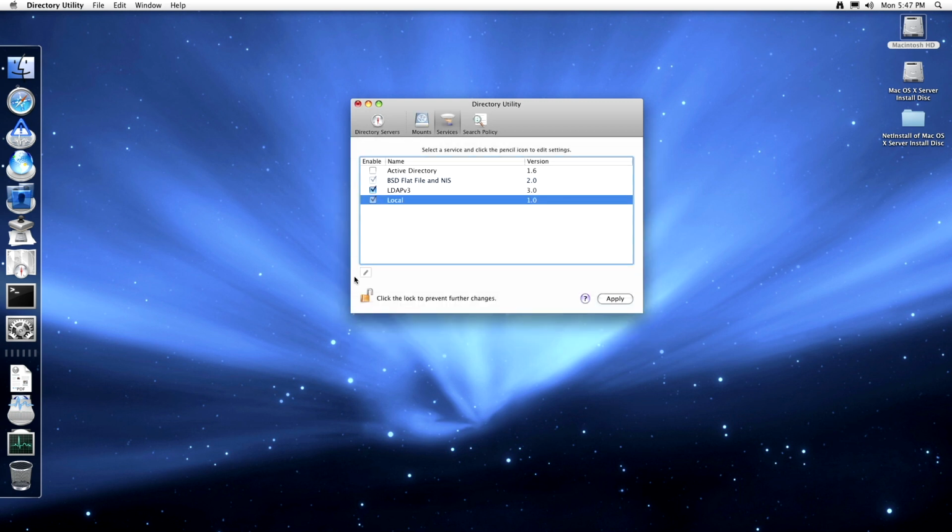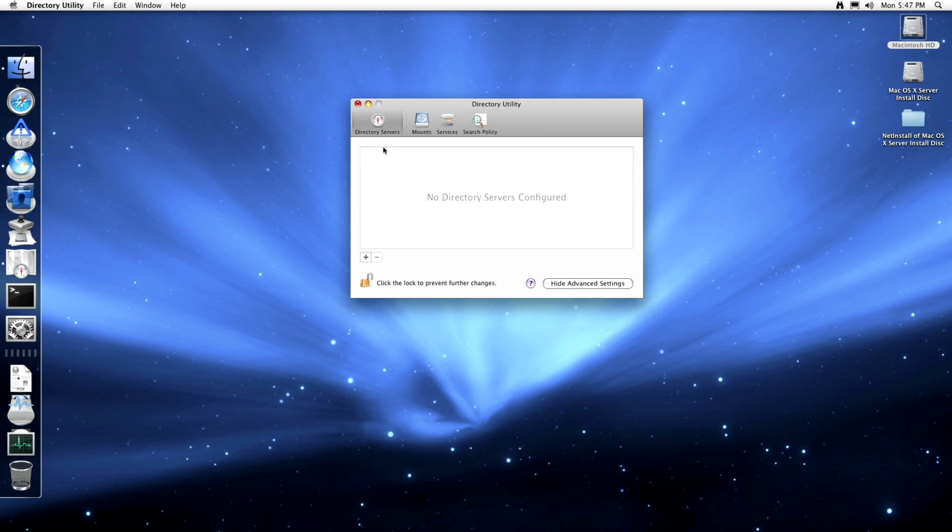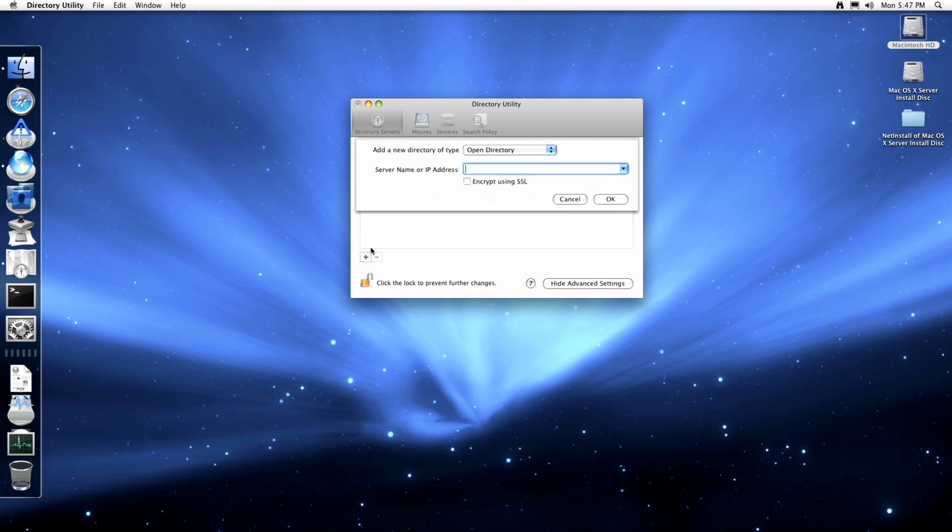LDAPv3 is enabled by default. Local is always enabled, so those are just the local usernames. Yes, the flat file NIS, so NIS is the basic Unix authentication, and not very used anymore, I think. Search policy, so you can give paths to where to search domain information, and also contacts, and I think